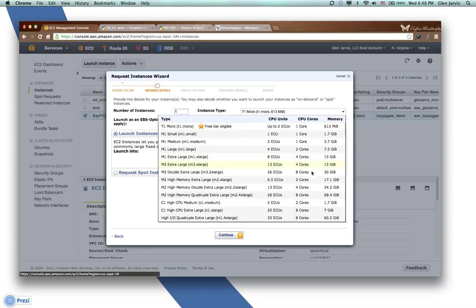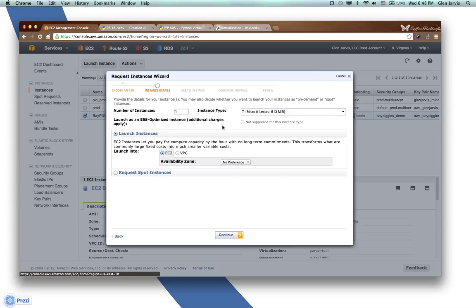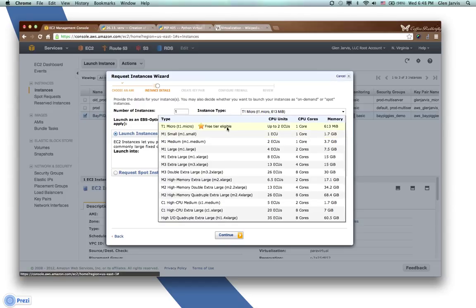The type, we've lots of choices here. We can go for very, very huge, high I/O, quadruple extra large, 60 gigs of memory, but probably a little overkill for this demonstration, and a little more expensive. I'm going to stick with the free tier eligible demo, so always micro is free,